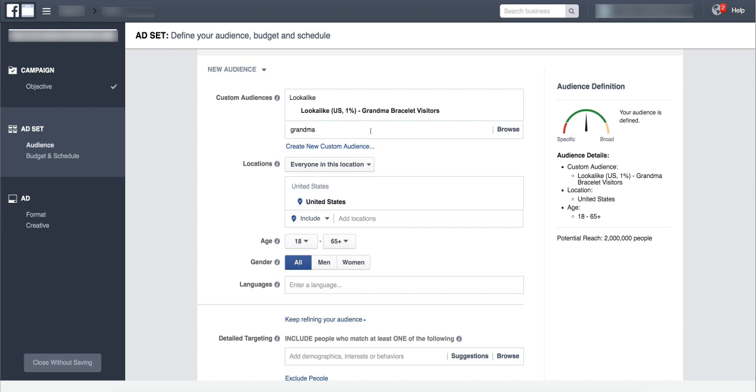Okay, so that's it. That's all it takes to start targeting your lookalike audiences. I just wanted you to see that you can go in and refine a little bit. You can take that 2 million lookalike audience that Facebook says is the top 1% in the grandparent niche, based off my past visitors, and refine it a little bit and hit the men, the women, or people that are interested in